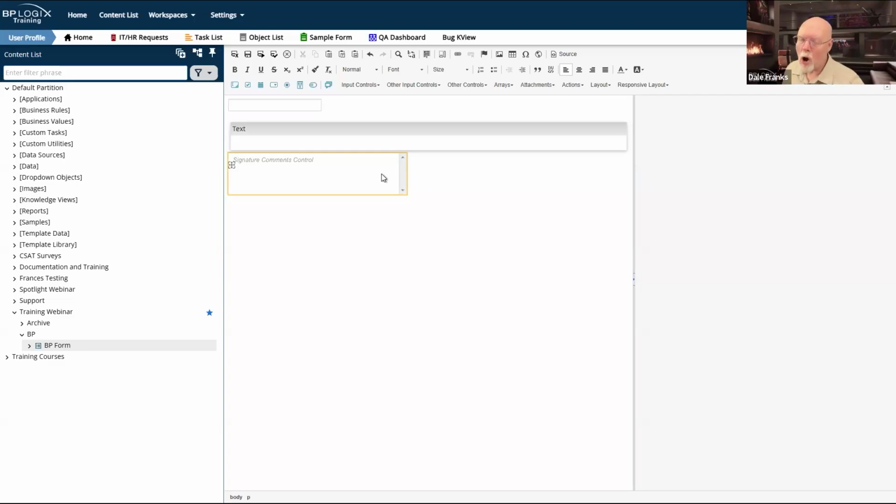But if you're going to say no, or an approver is going to say no, you're going to want to know why the approver said no. So in general, if you have an approval process that any approver can decline, then you're going to need a signature comments control, because you're going to want to make signature comments mandatory for denying a request, because somebody needs to provide the appropriate explanation for why that request is being denied. If you're going to approve it, who cares? You approve it. I'm happy. You're apparently happy.